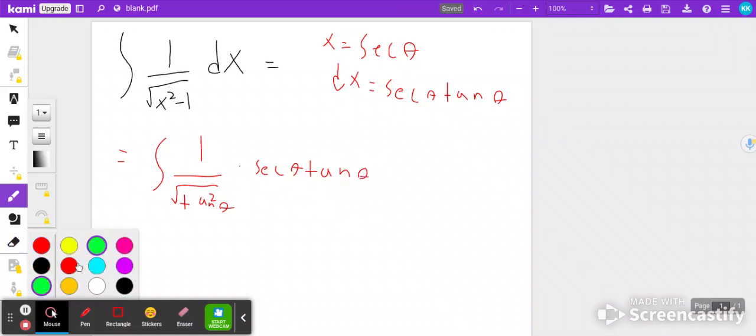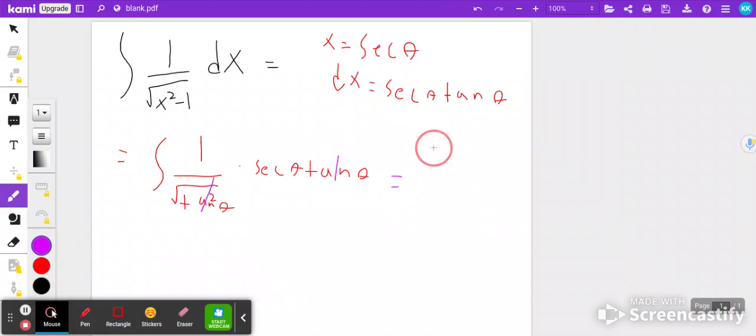And now we can see that, I'm going to use purple, the tangent theta and tangent theta cancel, and what we have is the integral of secant theta. So this is a pretty famous integral, and we can just write the answer and move on, but I'm going to show you how we can actually solve it. So if you multiply the numerator and denominator, if you write that secant theta over 1 by secant theta plus tangent theta. So what we get is the integral of